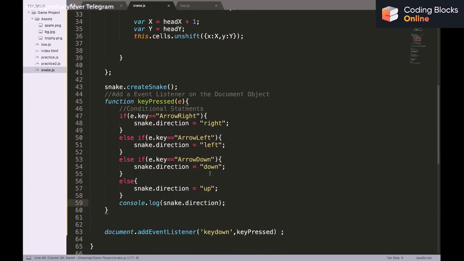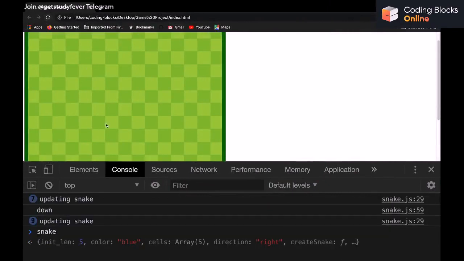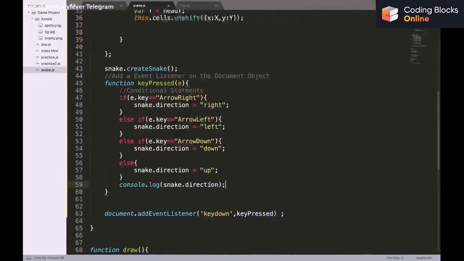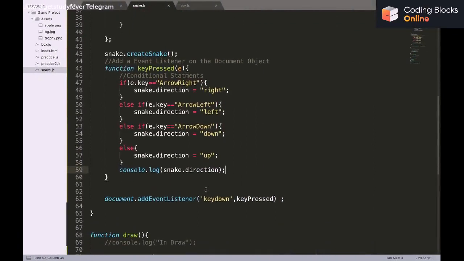Okay. So this direction will not be reflected in the movement of the snake because we have just updated a variable. You can see we are seeing some directions, right, up. So these are according to the keys I'm pressing on the keyboard. Okay, so next step would be now this is